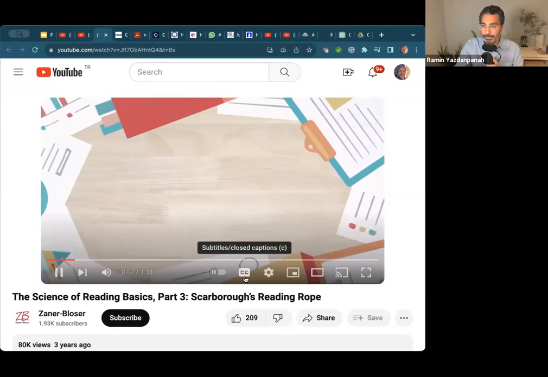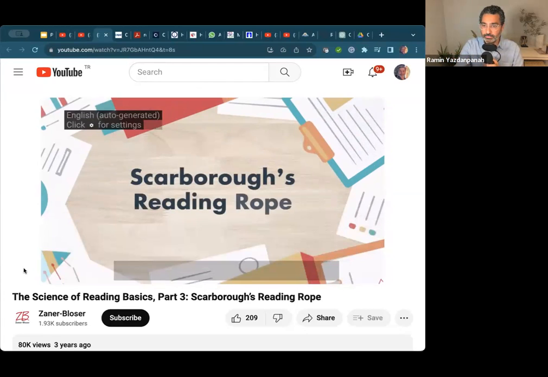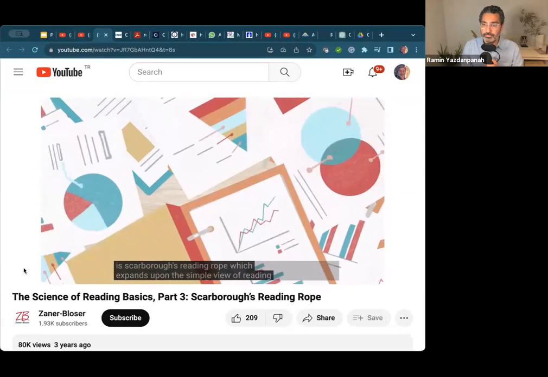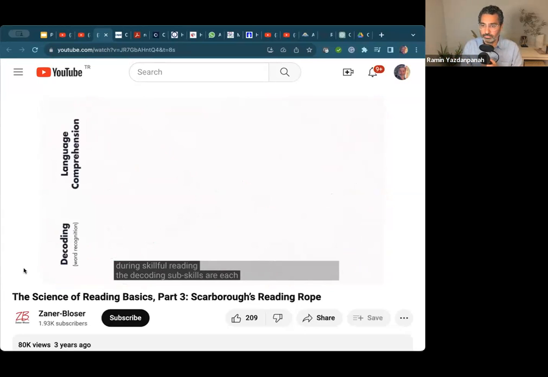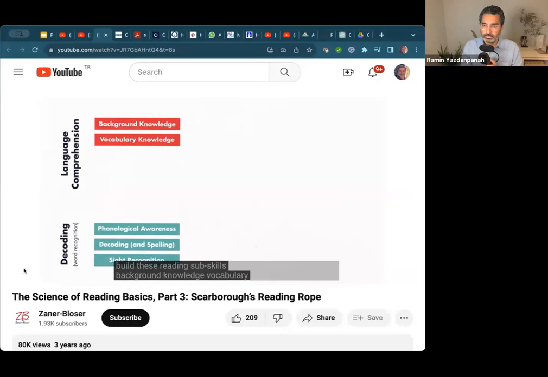Another helpful theoretical model for the reading process is Scarborough's reading rope, which expands upon the simple view of reading. Scarborough's reading rope provides a meaningful visual representation of the process by which decoding, or word recognition, and language comprehension subskills are combined during skillful reading. The decoding subskills are each assigned a strand in the rope: phonological awareness, decoding and spelling, and sight recognition. Under language comprehension, we need to build these reading subskills: background knowledge, vocabulary knowledge, language structures, verbal reasoning, and literacy